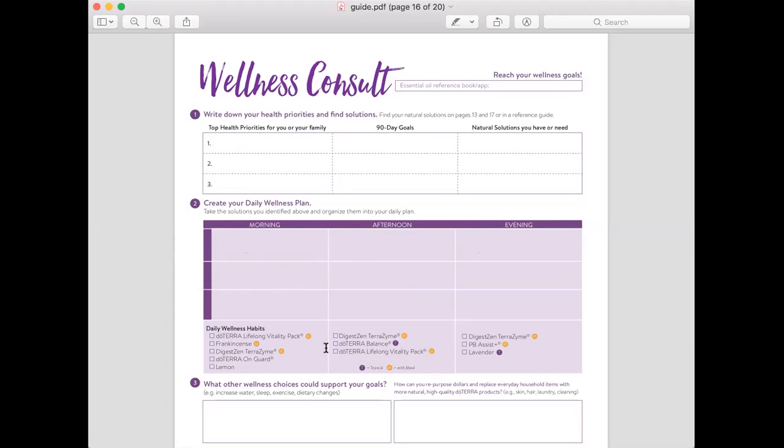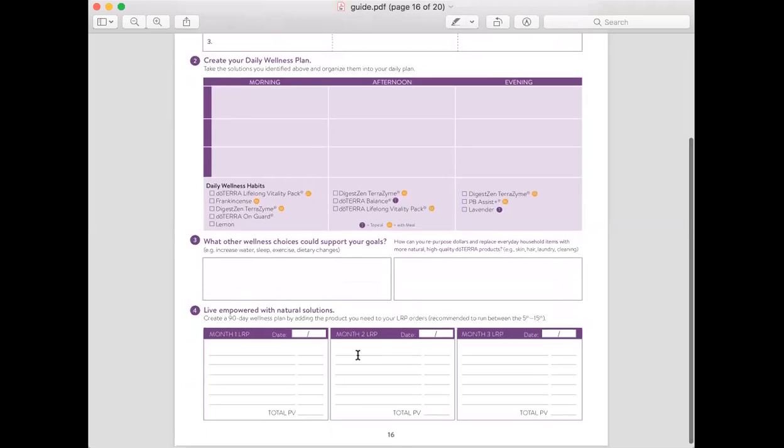And then I remind them that this little daily wellness habit is a good foundation for everyone. And most of the time we've already talked about using these things, and they can just check off, oh, right, I am doing that in the morning. I am doing that at noon. And they can post this up so that they can remember the things that they're working on. I love to encourage people to do number 3,